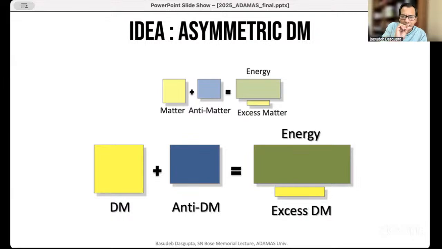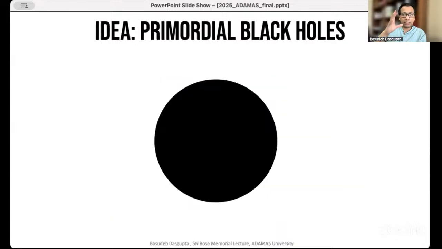But there is a little bit more dark matter than anti-dark matter. And this little bit of excess is what we are seeing today as dark matter. So this is also another very popular idea called asymmetric dark matter. So there are all these different ideas, and particle physicists and astroparticle physicists write mathematical models for these kinds of ideas, and then they compare these ideas with various observations, which I'll tell you in a minute. And then the third idea I just told you about, these primordial black holes.